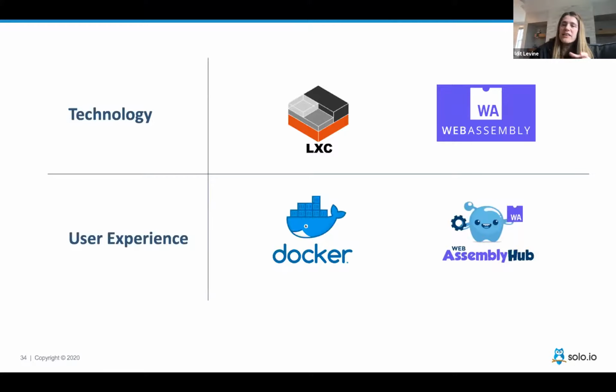So what you see here is the way that I thought about it in my head, right? I said, look, Linux containers were there before, right? There were people using them. Google was using them. Though the user experience was pretty bad. And then what Docker did is they made the user experience so that everyone wants to use it. And now I can use it. And my mother can do it.